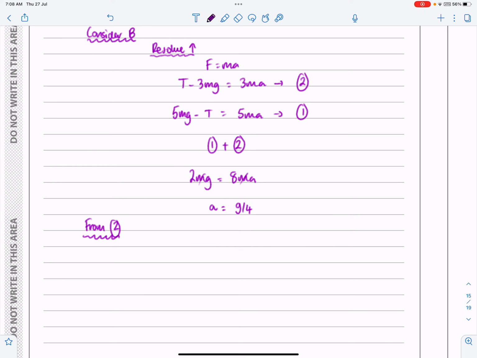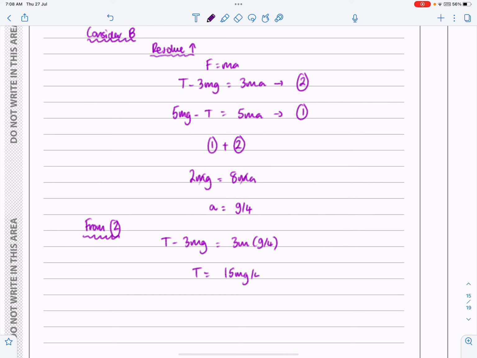I'm going to put it into number 2 because I've got T minus 3mg equal to 3m times g over 4. So T works out to be 3mg over 4 plus 3mg. That works out to be 15mg over 4. And now what we've got to do is just remind myself that the question asked for the